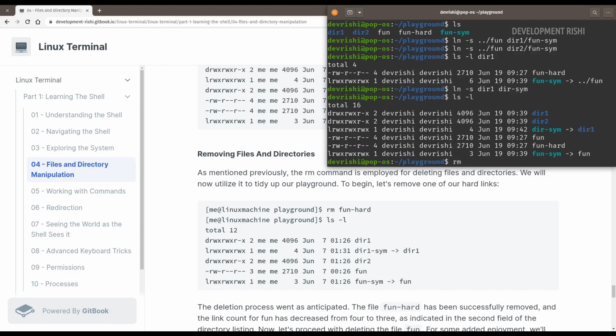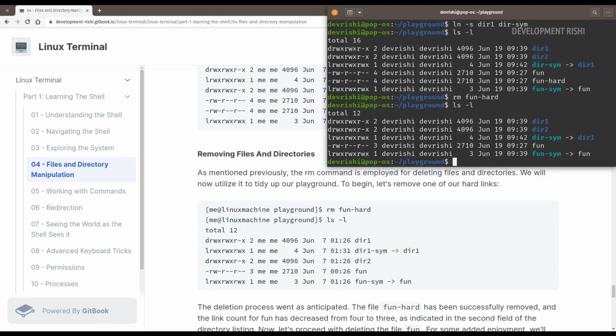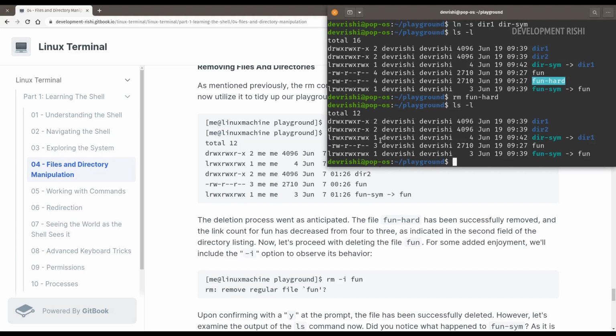To do that, all we have to do is say rm fun-hard. Now if we type the ls -l command, you will notice that the fun-hard link, which was available previously, was deleted. The deletion process went as anticipated. The fun-hard has been successfully removed and the link count for fun has decreased. As you notice here, it is now 3 instead of 4 over here,